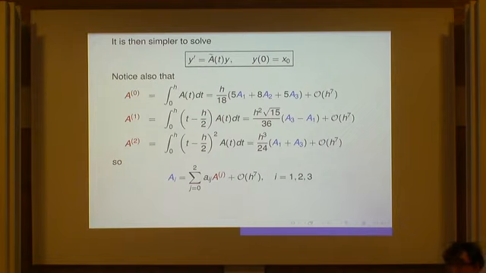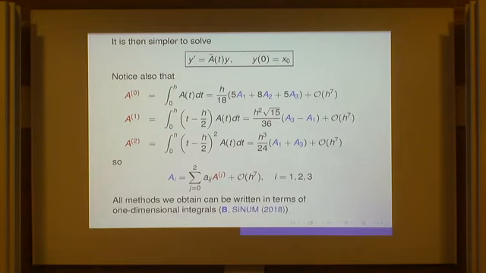So at the end, I will build some kind of schemes that will depend on the quadrature rules, but I can rewrite everything in terms of one-dimensional integrals. And each one-dimensional integral can be approximated by any quadrature rule I want. So any method I write can be written in terms of any quadrature rule, or even in terms of one-dimensional integrals. And the question is, all methods we obtain can be written in terms of one-dimensional integrals, and is it really advantageous? In which cases is it advantageous to compute one-dimensional integrals exactly instead of using the values of the